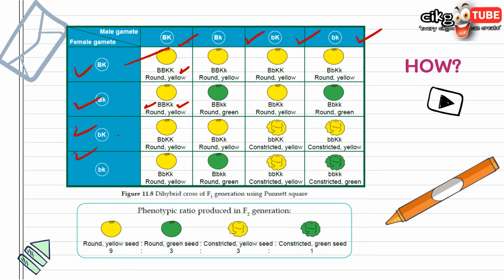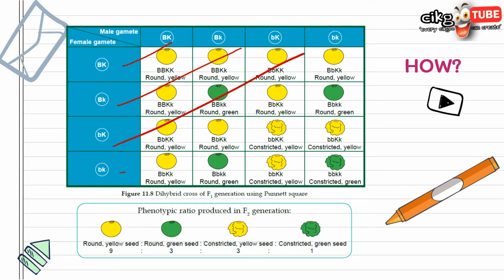Then this one and this one again here. So you use the Punnett square. You cross like this, one row by one row. So here you cross, you get B, K and BK here. You get round heterozygous and yellow homozygous dominant. And then we have here both heterozygous, but still the dominant trait is shown. So same goes with the rest. You can cross each of these, and you will get the ratio